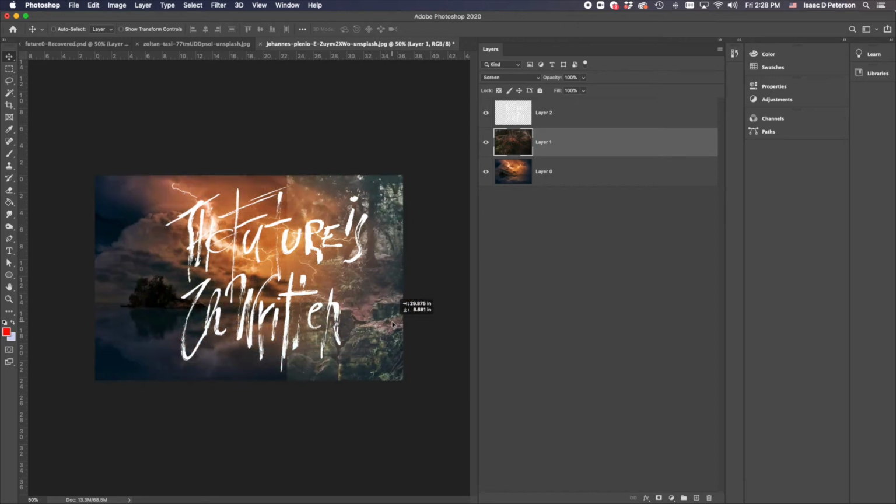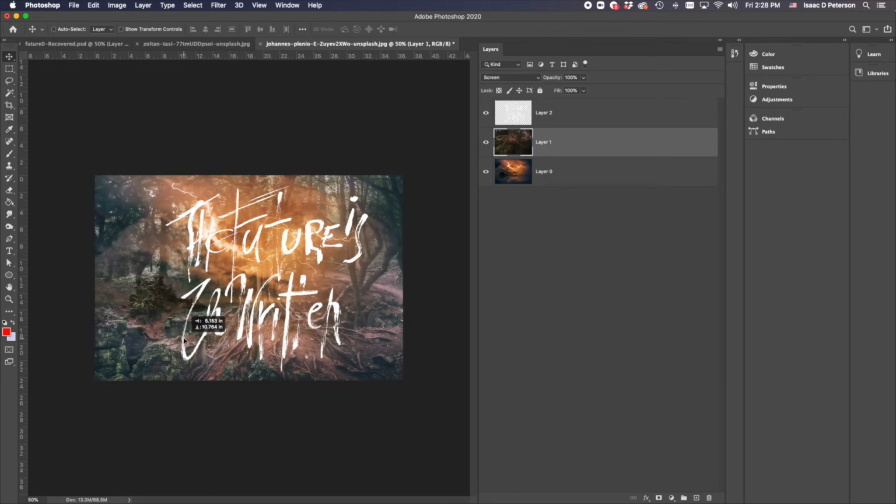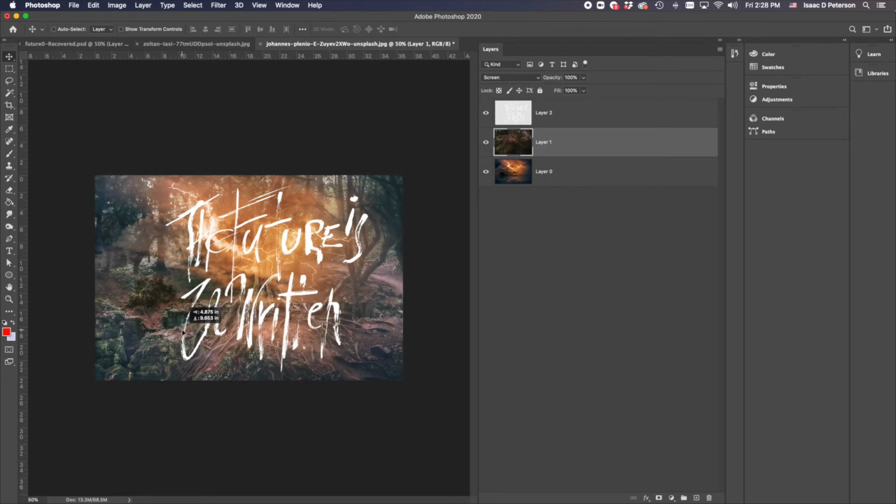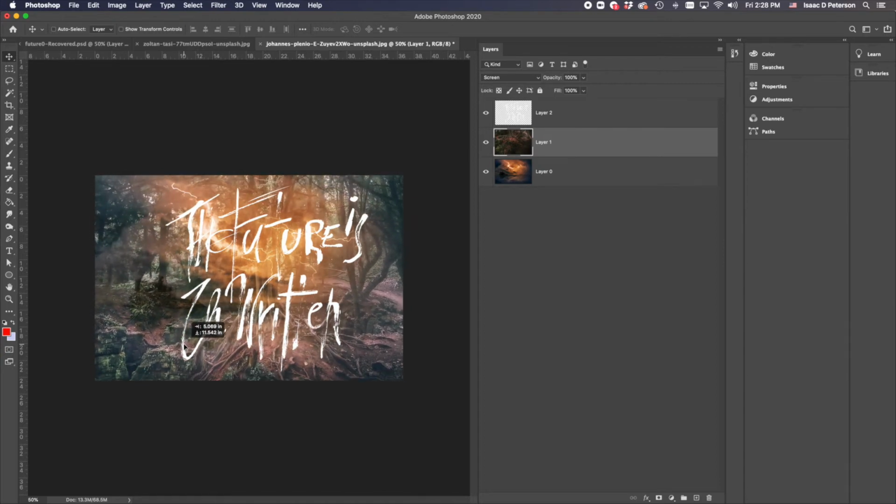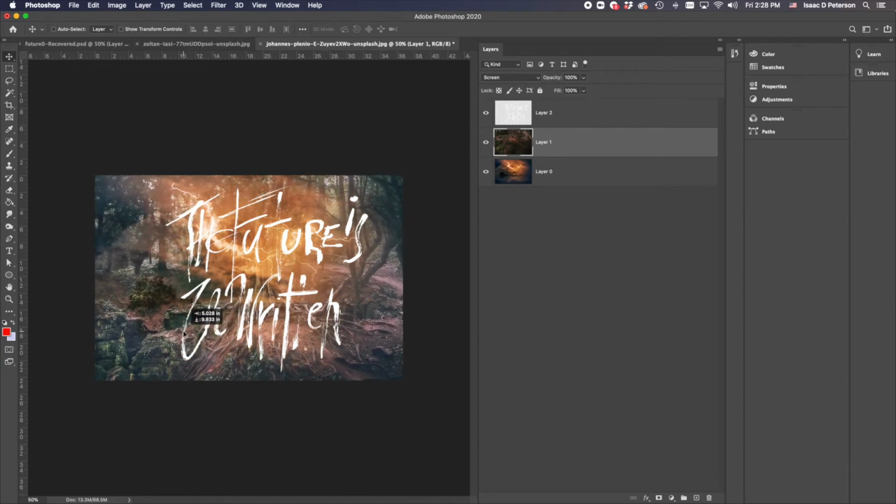Gosh, I'm not sure. I'm not really liking how this came out. Kind of like that tree going over that island. That's pretty cool. And then the other thing that you can do is then lower the opacity. So, all right, so